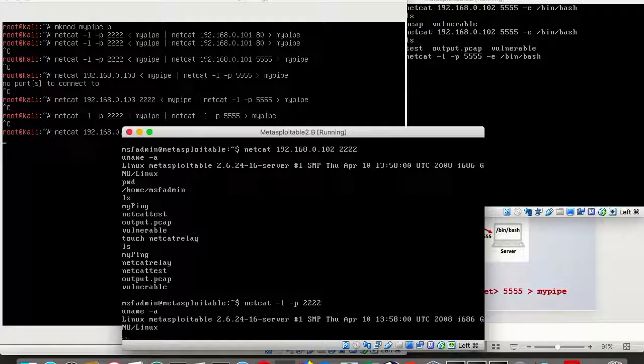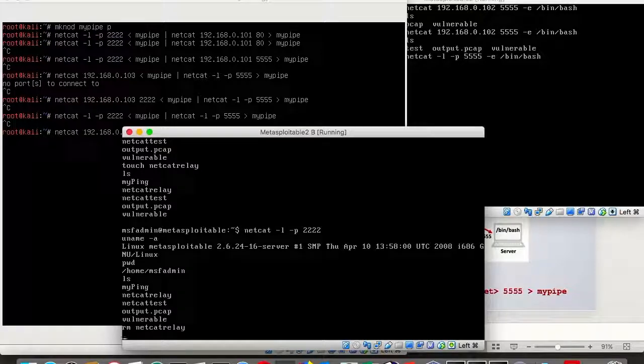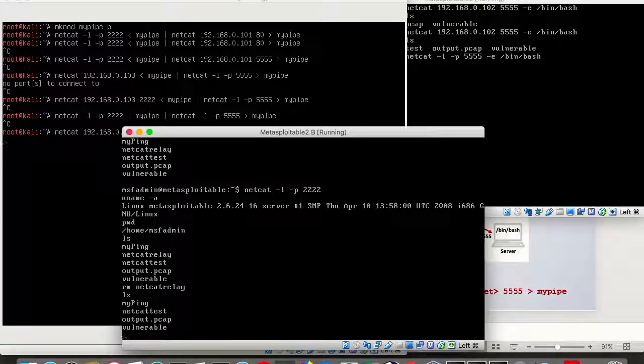uname -a. Exactly, we have a shell now. pwd, and then ls, and as you can see here the file netcat relay, which we created previously, and then I can delete this file netcat relay. Yes, it's been deleted.